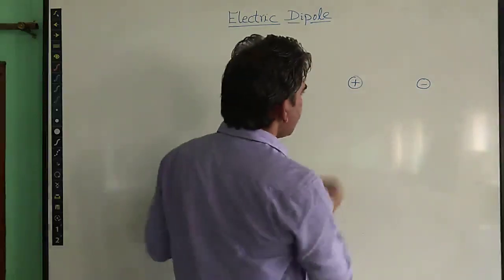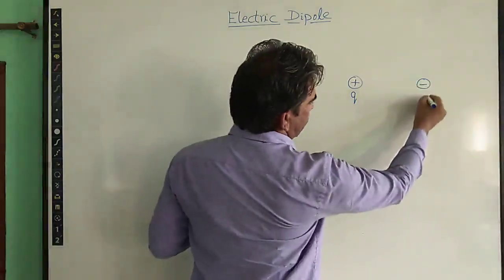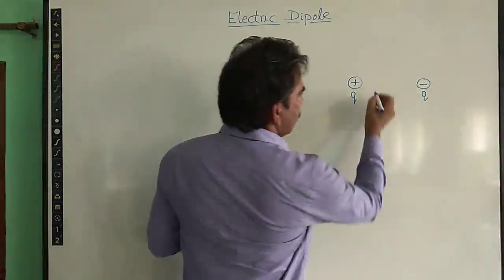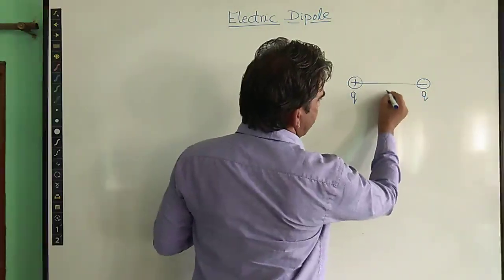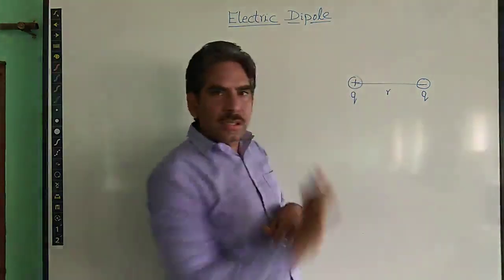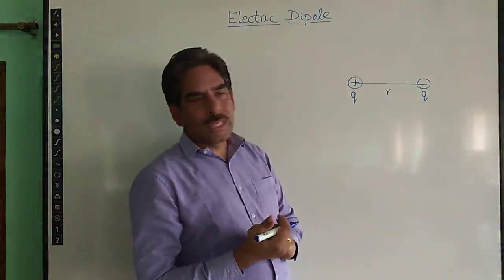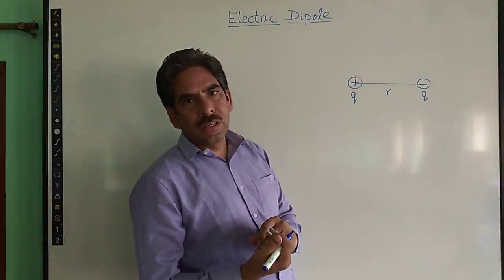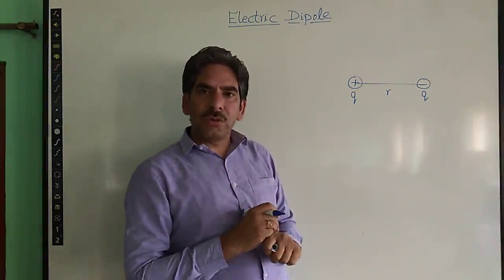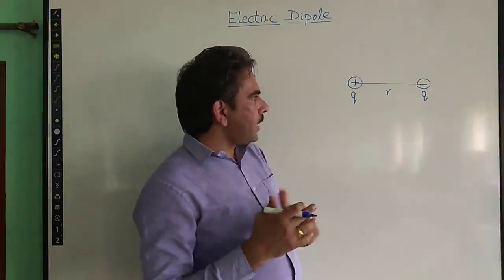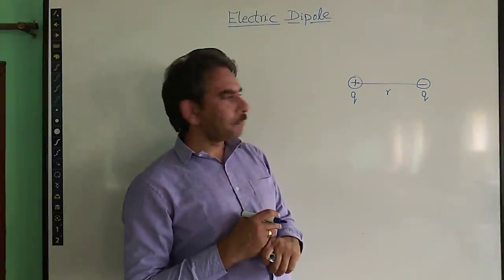dipole. Suppose that we have this charge which is of magnitude q, another negative charge of the same magnitude q. They are separated by some distance. The distance between the centers of the two charges, let it be r. Then this system or set makes an electric dipole, which is easy to understand. This electric dipole behaves in a slightly different way than a single point charge, maybe a positive or negative charge. So how differently this electric dipole behaves, this is what we are going to understand today.